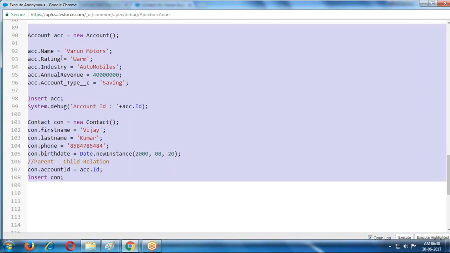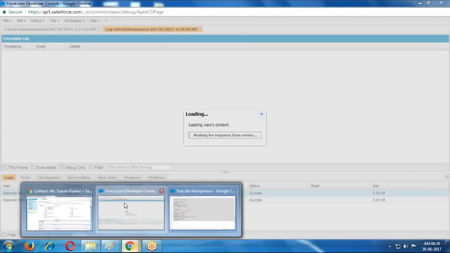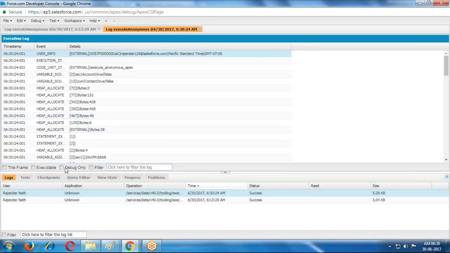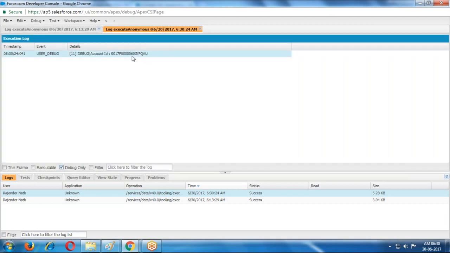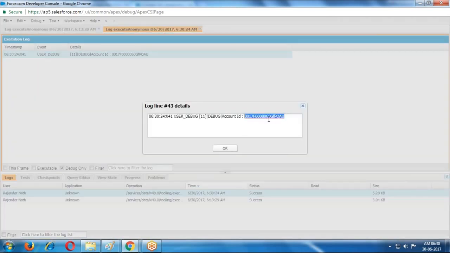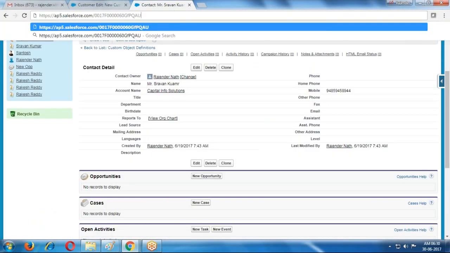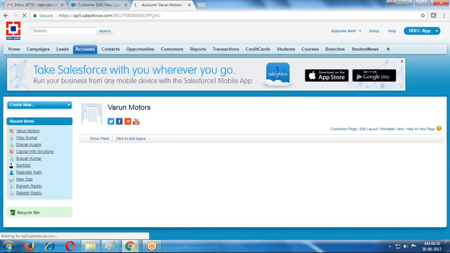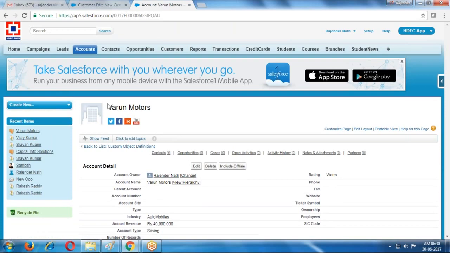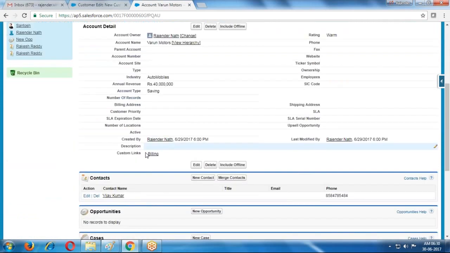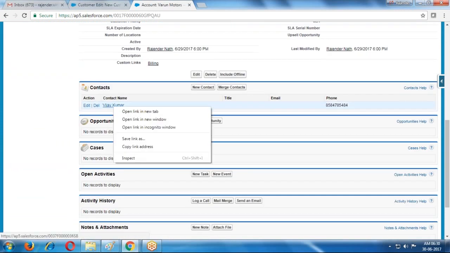This contact is representing this account object. One ID is generated, account ID. Varun Motors is the account, and for Varun Motors, one contact is there. Vijay Kumar is the contact.